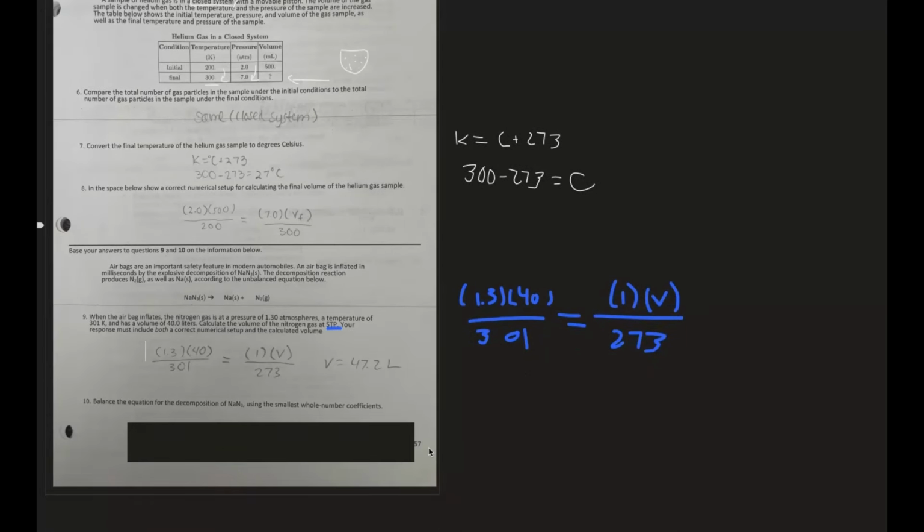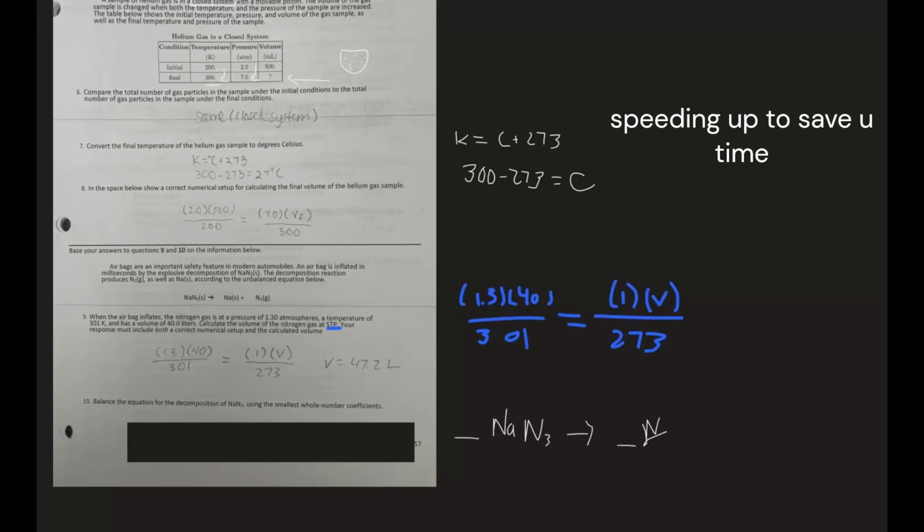All right, number 10, balance the equation for the decomposition of NaN3 using the smallest whole number coefficient. So for this one, here's what I'd like to do. So let's write this out. NaN3 goes to Na, reduce process, boom, boom, boom. All right, so